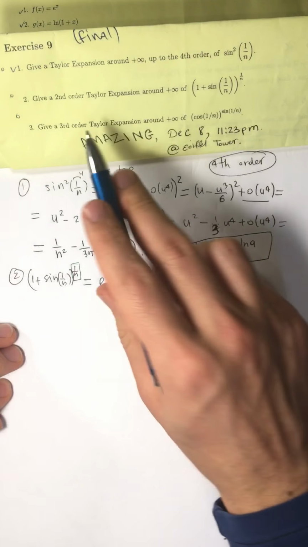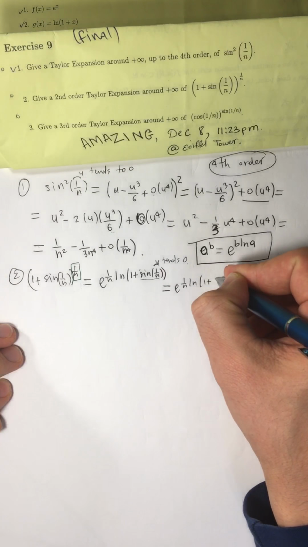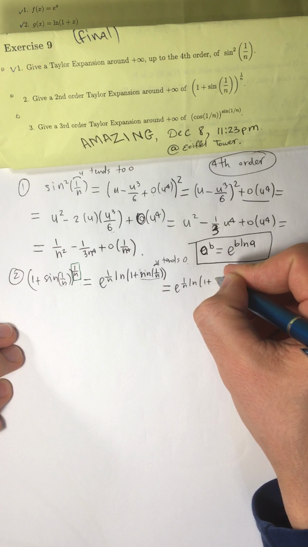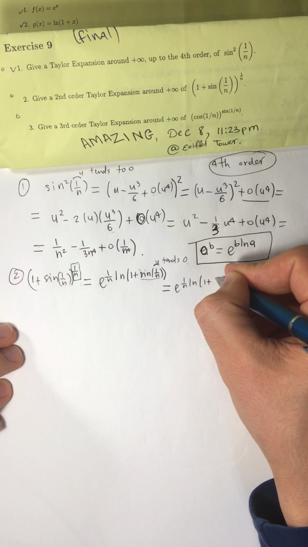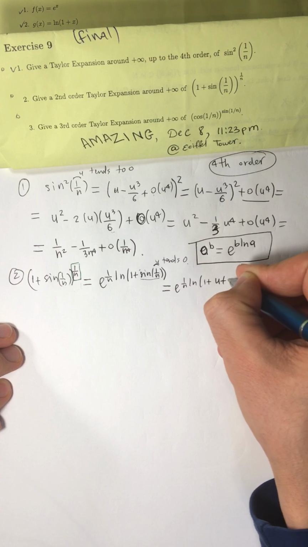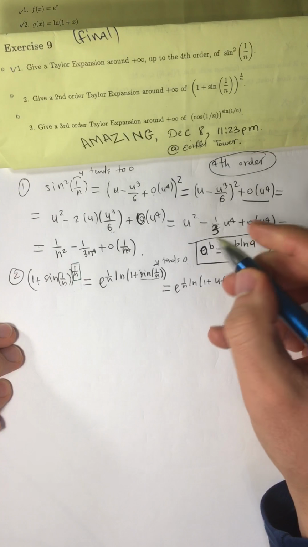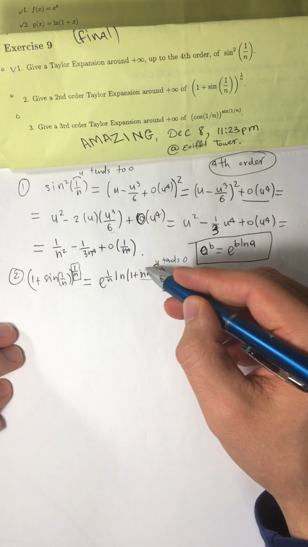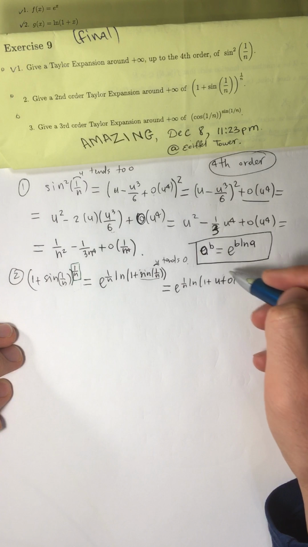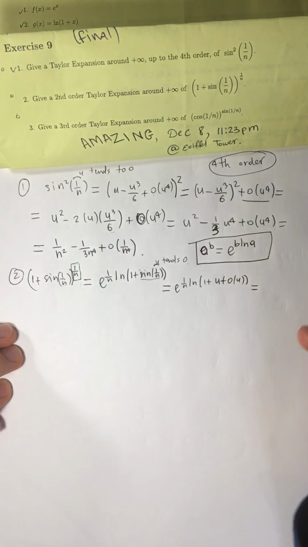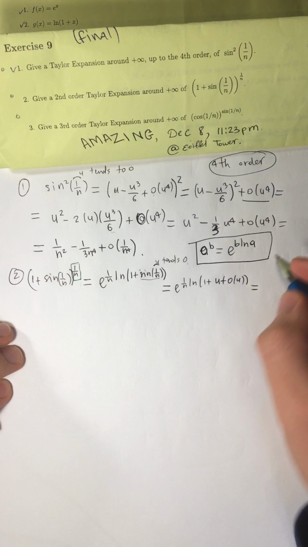No, it's the second order, right? Okay, if I use sine, according to formula number 4, it's equal to 1 plus u plus o(u). Look, it's very important. Right now here, I'm not taking the second order, I'm taking the first order. You know why? Because